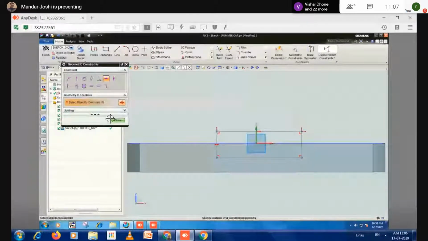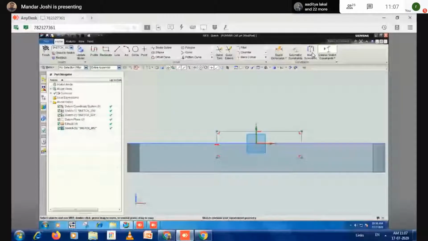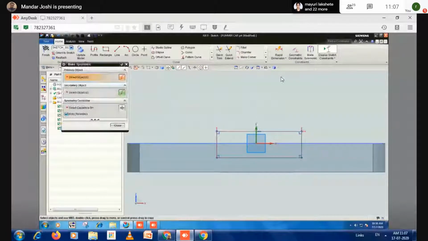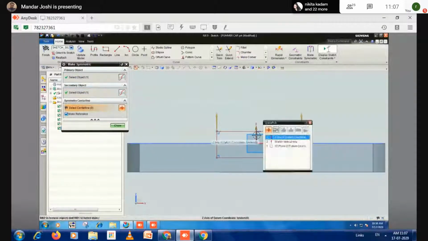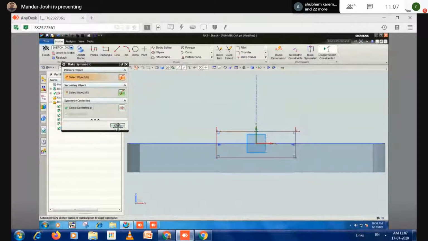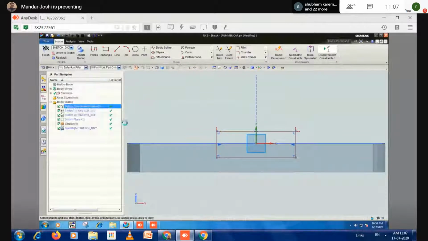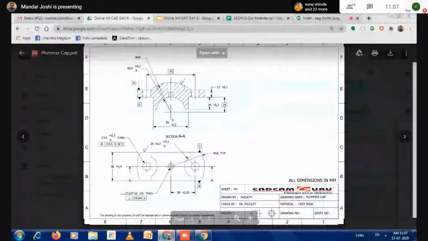For symmetry, there is a separate option. Make symmetric. Use the make symmetric button. First line, then second line, then this vertical axis. After that, one rectangle is finished. We will create one more rectangle here.